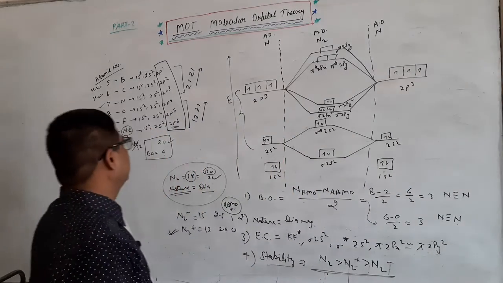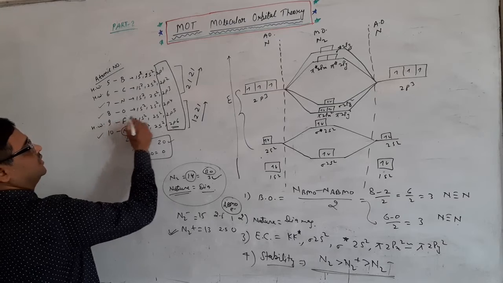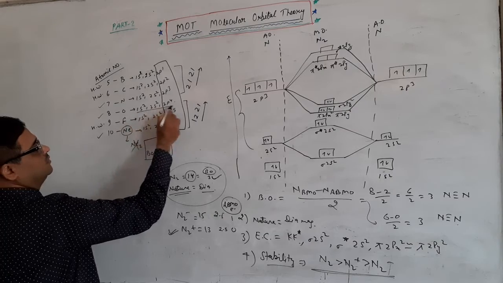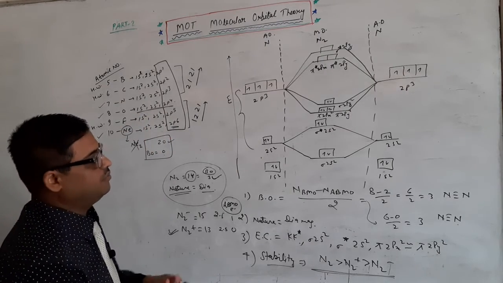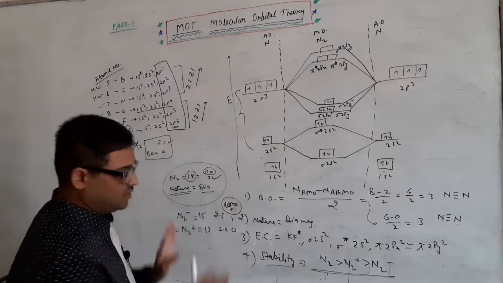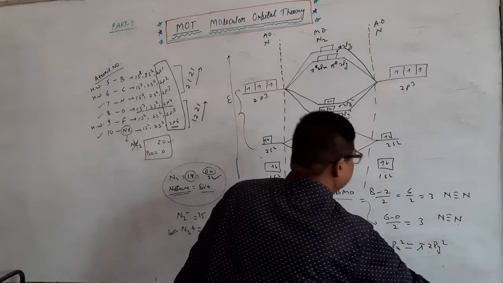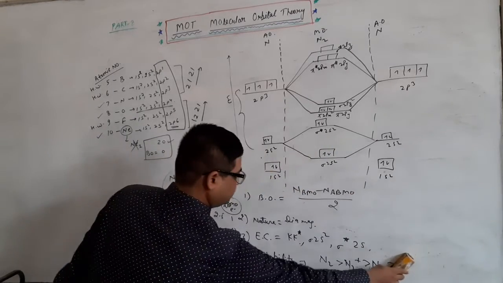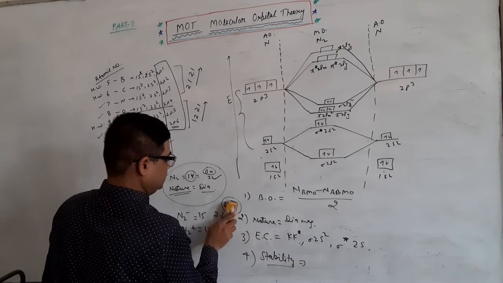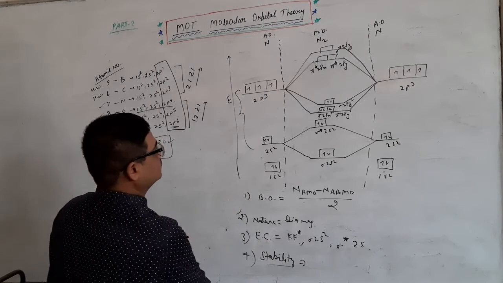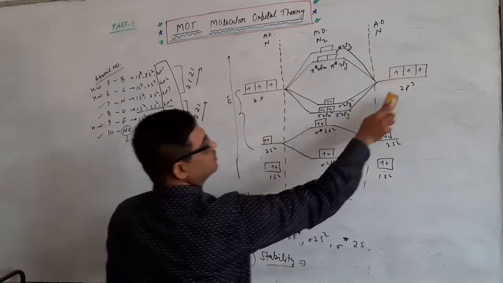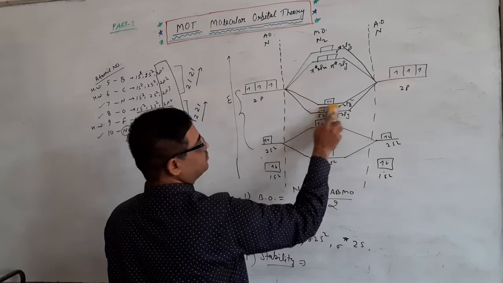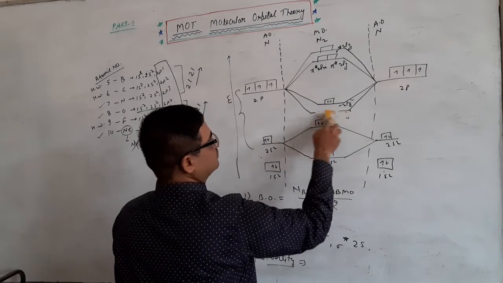Now I'll take another example, which is oxygen. As you know, oxygen has this technique 1 2 2 1. Clear? With this electronic configuration. So I am going to make some changes in this diagram also. Please be careful. First I am rubbing this. This will be 4 and here I will make some changes. Only here.